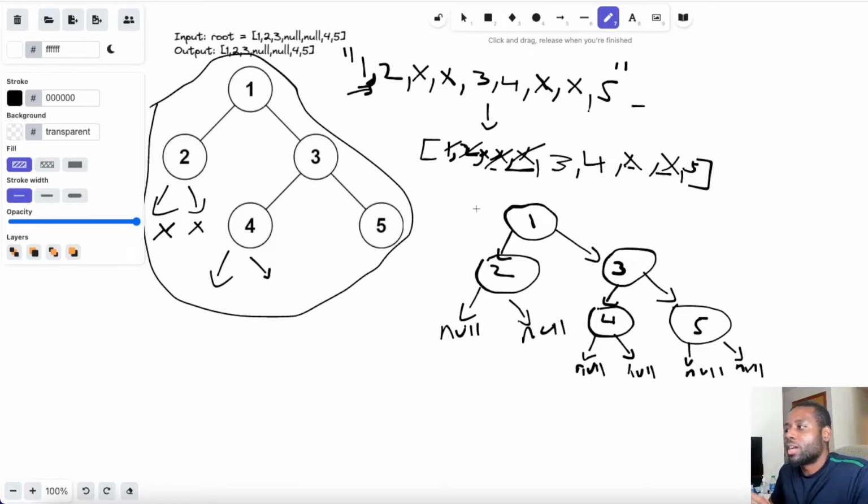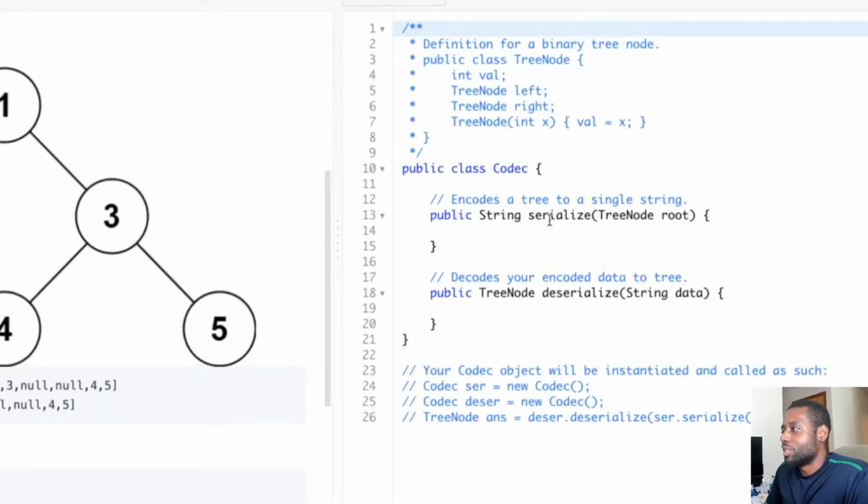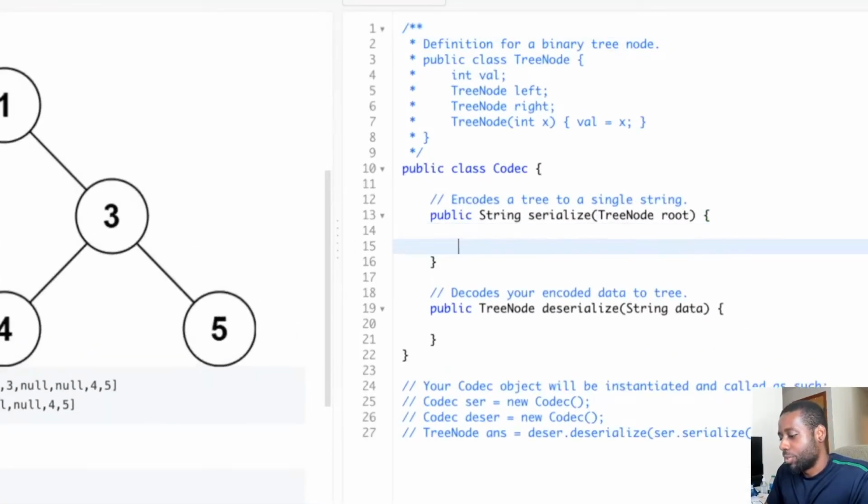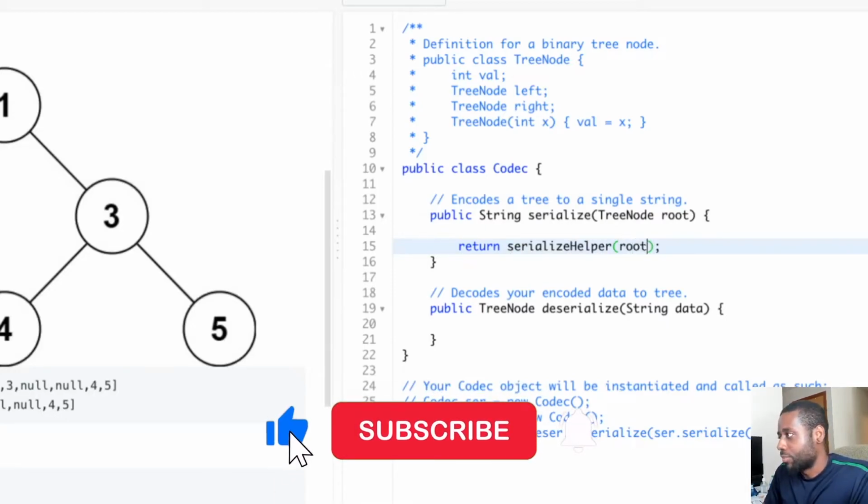And all the time, as we visit the nodes, we obtain what's at the front of the queue, guys, which is an important aspect. Whatever's at the front of the queue is what's going to be at that particular node. So let's quickly go ahead with the implementation. We're going to be using a helper function. Let's call it serialize helper, and we're going to pass in the root.